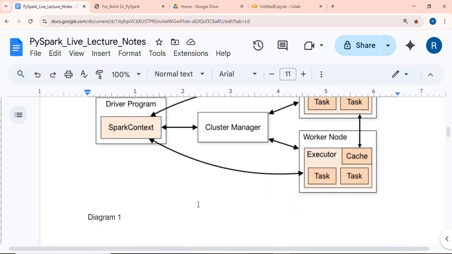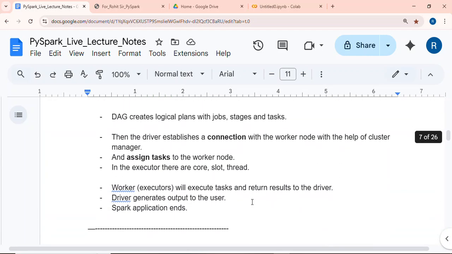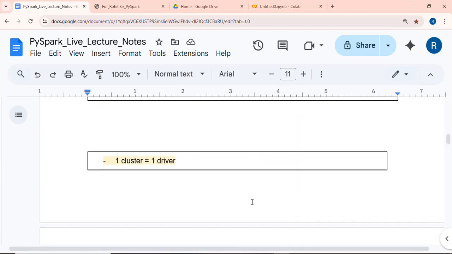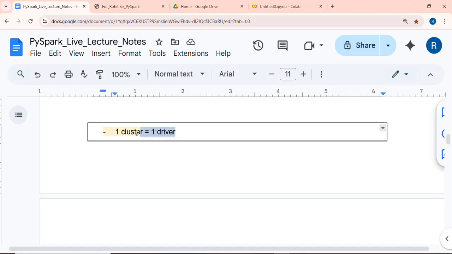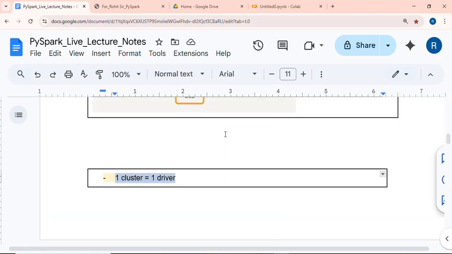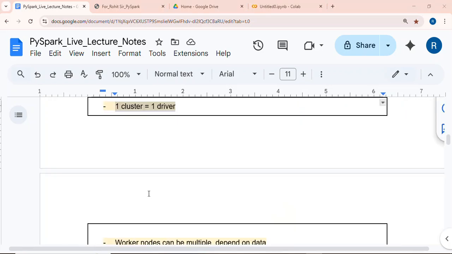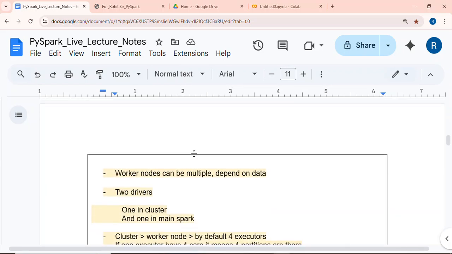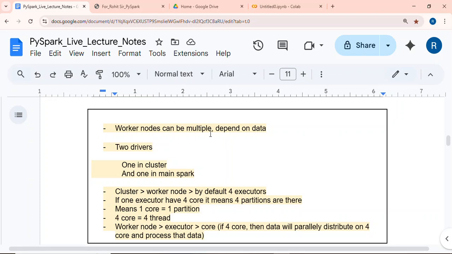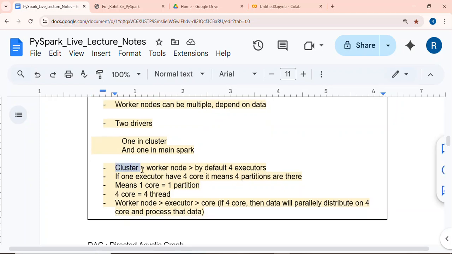सो दिस इज आवर स्पार्क आर्किटेक्चर। वन क्लस्टर इक्वल टू वन ड्राइवर, एक क्लस्टर में एक ड्राइवर रहता है। वर्कर नोड्स कैन बी मल्टीपल डिपेंड ऑन द डेटा। टू ड्राइवर्स, दो ड्राइवर रहते हैं, वन इन क्लस्टर एंड वन इन मेन स्पार्क। एक क्लस्टर में रहता है और एक मेन स्पार्क क्लस्टर में।